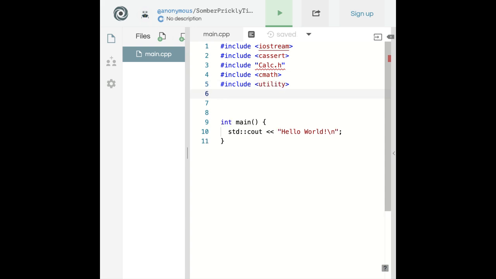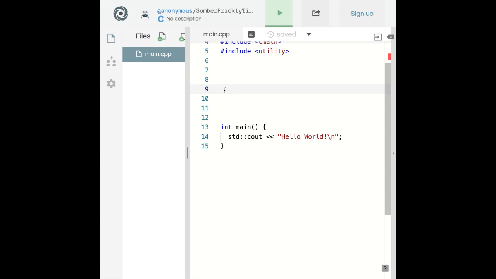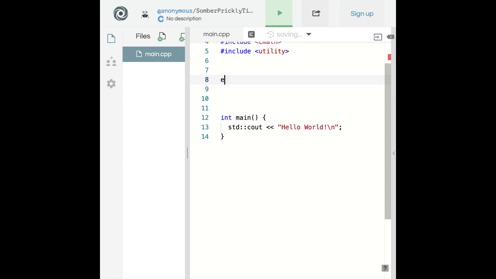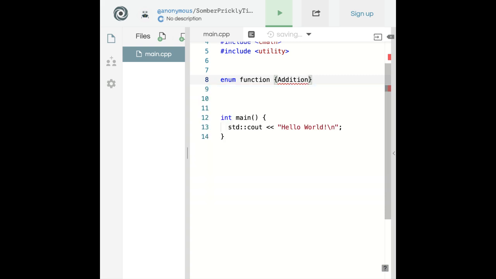All right, so you got your libraries in process. Now we have the start of it. And before the main function, you want to write enum function. This is what you're calling it. It's just a function. But you're going to do, like, let's say, addition. And you want to distinguish it from regular addition, just because it's good to have something. So I'm just going to put